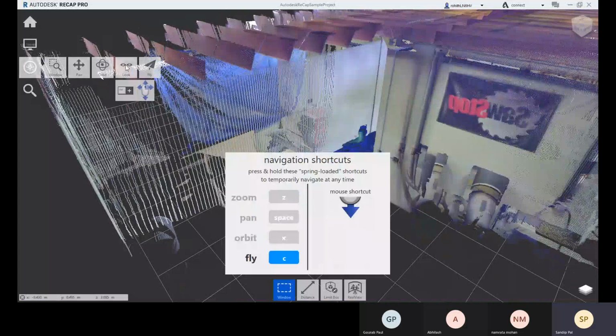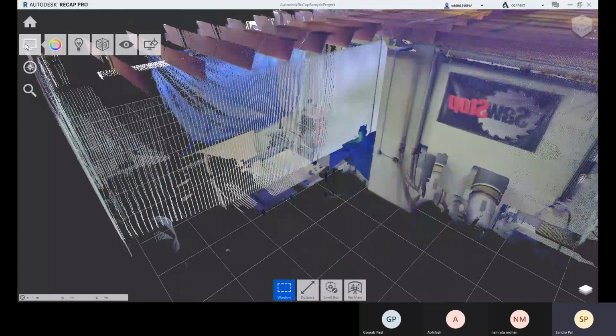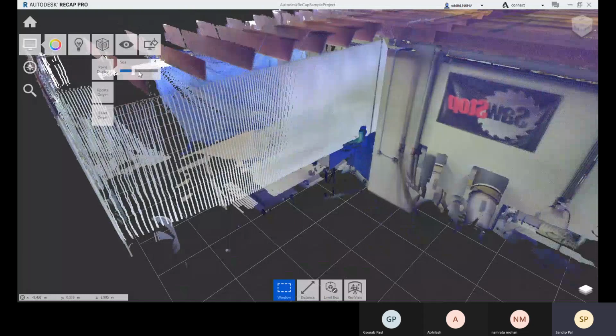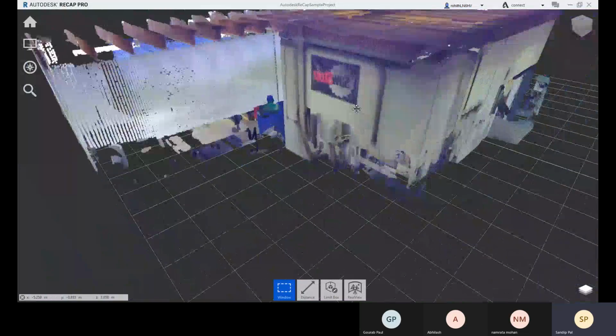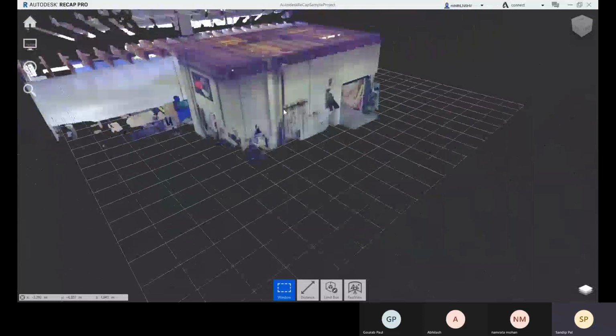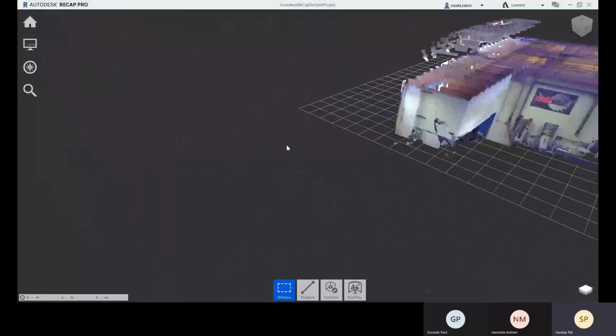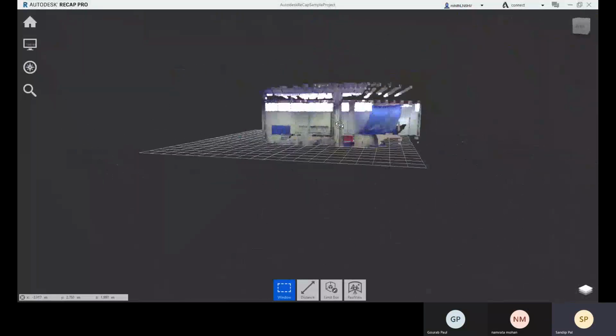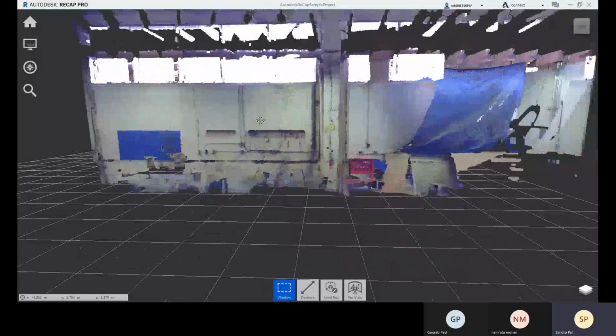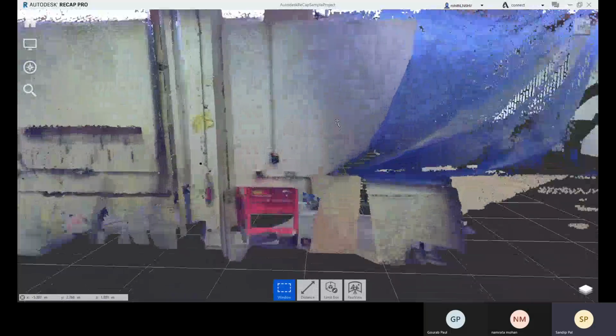Right now you see that we have this display option here, and here we have this point display. So we can control this point size. If you increase the point size more, you can see it's overlapping in some places, and right now you cannot see through, right? So if you need to increase the point size, you can go for this point size.